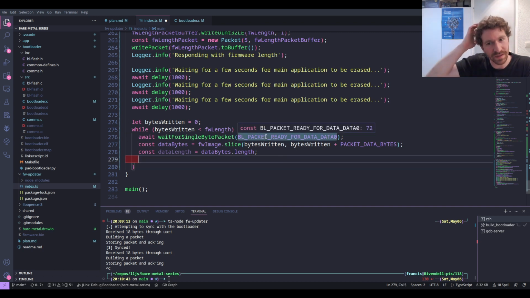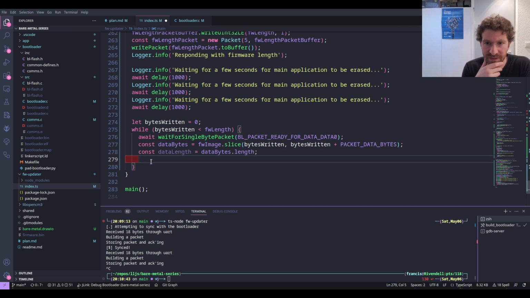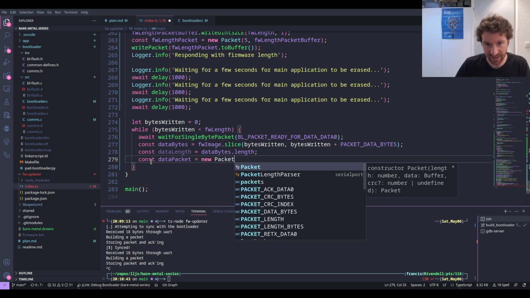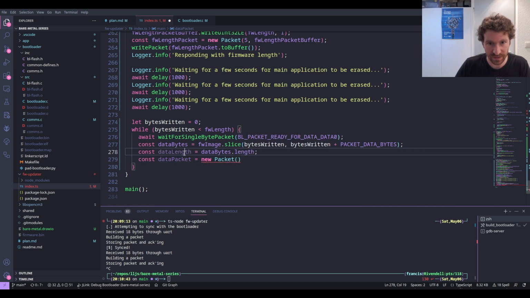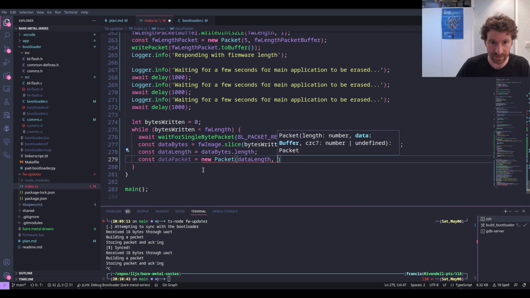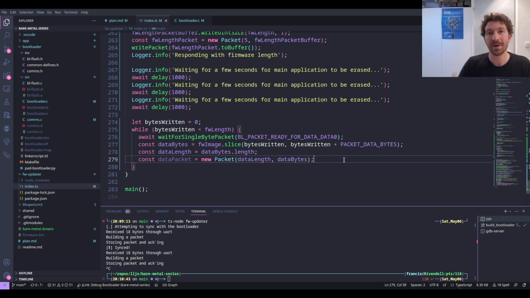They don't have something that says I'm this kind of packet. We're just sending raw data at this point. So we are filling this packet with all of this data. And that means that we can just do const data packet equals new packet, and the length that we're sending is data length, and the bytes that we're sending are data bytes. But